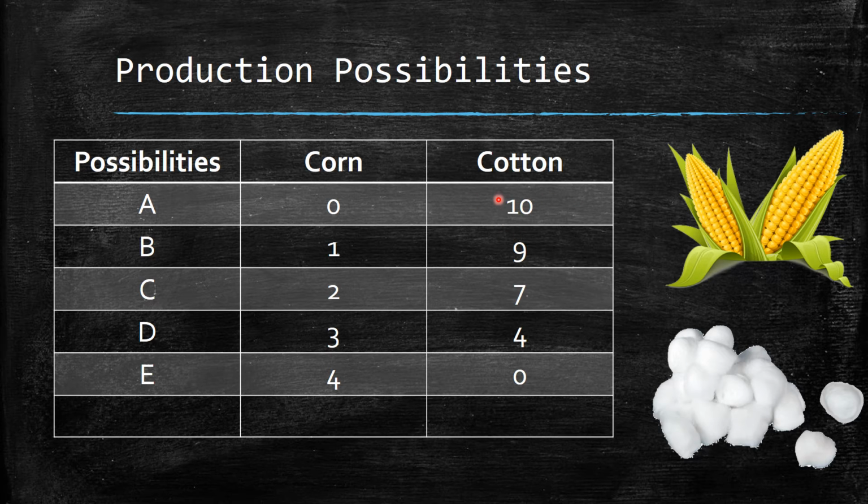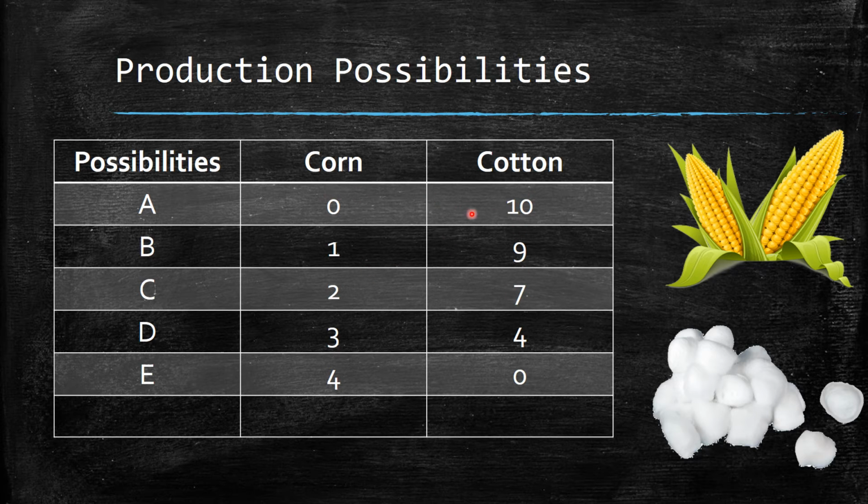For example, if we are utilizing some resource in order to produce corn, we can produce 1 unit of corn, but there will be a reduction of production of cotton. Suppose we are increasing corn production to 2 units, there will be a reduction of production of cotton by 7. Suppose we are increasing the production of corn to 3 units, we want to reduce the cotton from 7 to 4 units. Suppose, in order to produce 4 corns, the resource is fully empty, we cannot produce cotton. So this clearly shows that in order to increase one good, we want to reduce the other good because